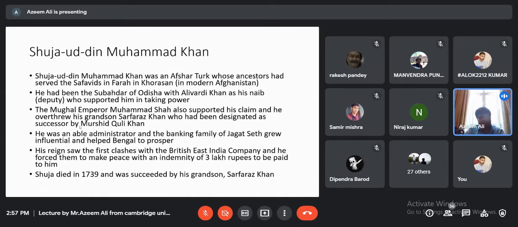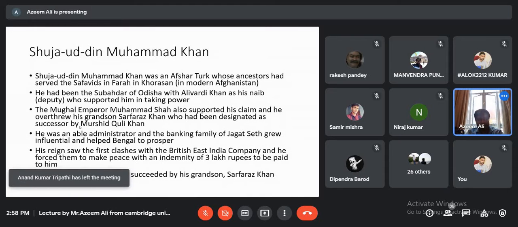Shuja-ud-Din Muhammad Khan was an Afshar Turk whose ancestors had served the Safavids in Farah in Khorasan, which is now in modern-day Afghanistan. He'd been the Subadar of Odisha with Ali Wadi Khan and his naib, or deputy, who then supported him in taking power. The Mughal Emperor Muhammad Shah also supported his claim, and he overthrew his grandson Sarfaraz Khan, who'd been designated as successor by